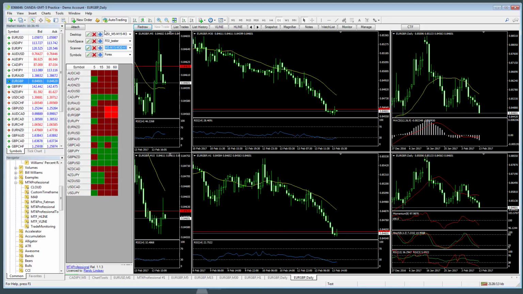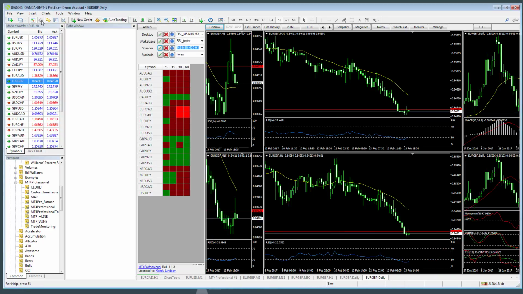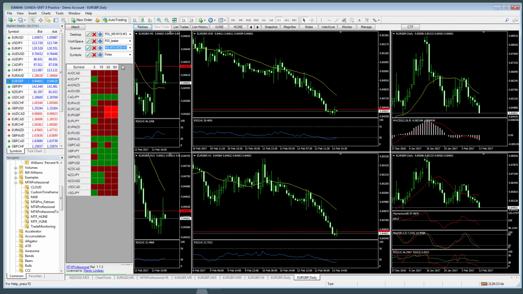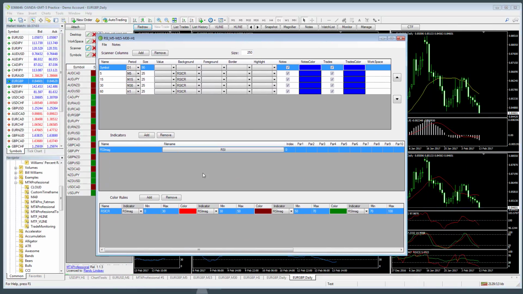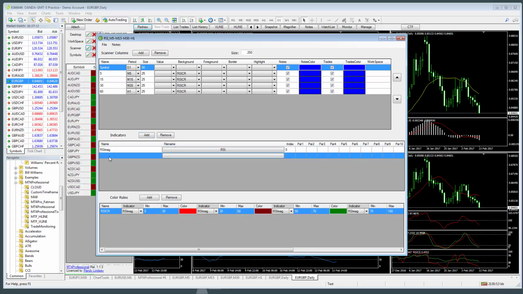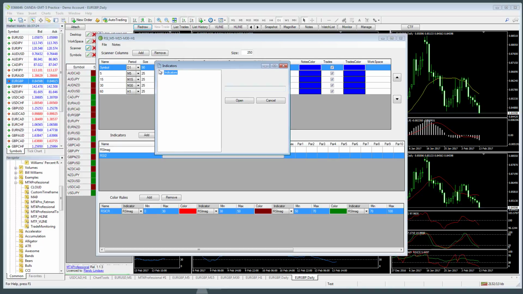So that's what you want to have. You can also get the same information by displaying your data window. So the data window on the specific chart gives you that RSI value, and you can see right here the RSI index 0 value for that chart. So that's the most difficult part of the whole thing. You've got to define your indicator by index, and once you have that index value defined, if you have another one here, okay, you can give it a name, say RSI 2, which there's not. Then you can pull your indicator up here, define your RSI, and if it had an index value other than 1 or 2,